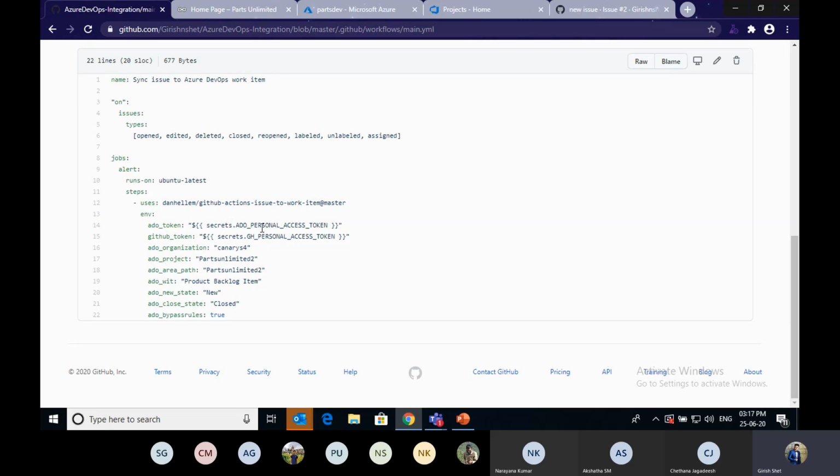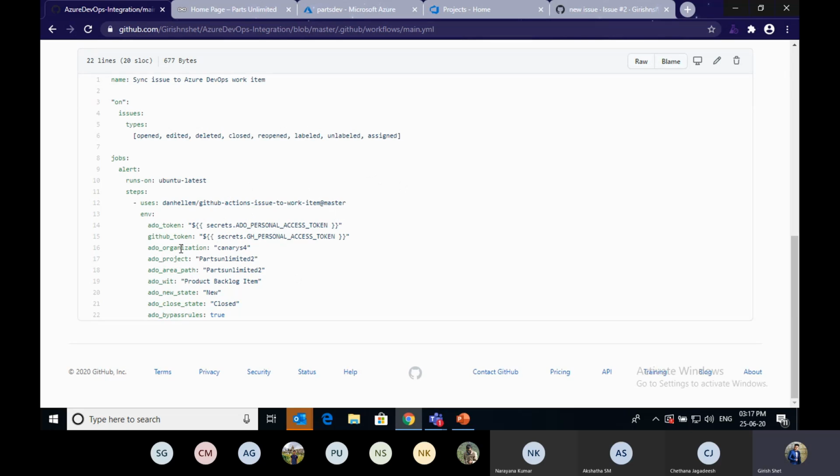I am passing the Azure DevOps personal access token as a secret, and also I am passing the GitHub personal access token. This is because if you want to authenticate from Azure DevOps to GitHub and GitHub to Azure DevOps, you have to make authentication, right? Two authentications. For that, I am using a personal access token. I am passing this personal access token as a secret in the form of secrets here.